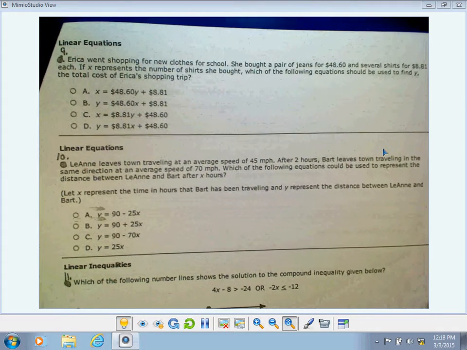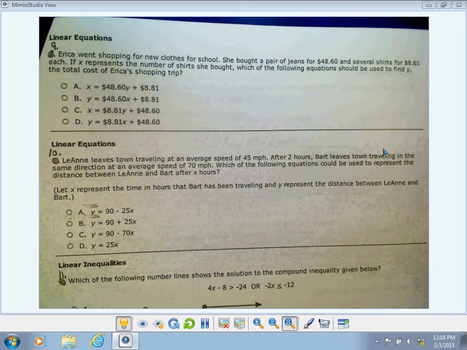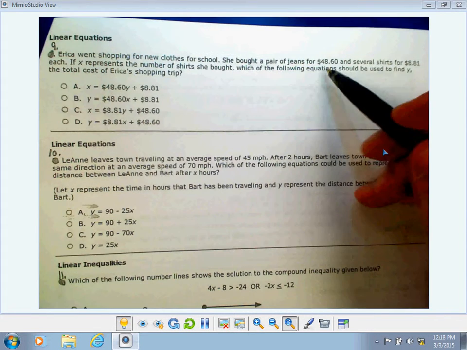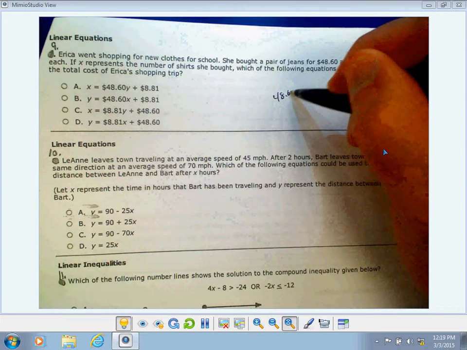Okay, looking at number 9, probably a little bit more standard linear equation word problem. You're going to get a lot of these. It says Erica went shopping for new clothes for school. She bought a pair of jeans for $48.60 and several shirts for $8.81 each. If x represents the number of shirts, which of the following equations should be used to find y, the total cost? Okay, so basically what we're saying is that she pays the $48.60 one time,